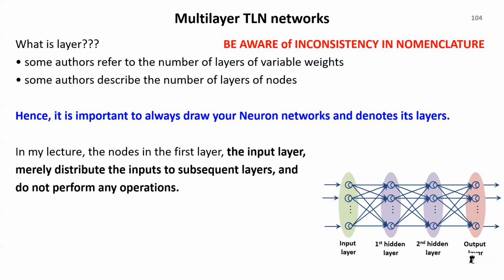However, throughout my lecture notes, I always refer to the input layer as not having activation functions. So the first layer is referring to the first hidden layer. This is not the first layer. I always call it the input layer. When I say the first layer, it is the first hidden layer that has activation functions. So this is the hidden layer, the second hidden layer. And if there are many layers, then the last one is the output layer.